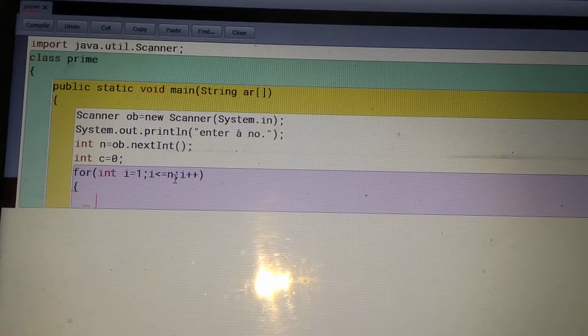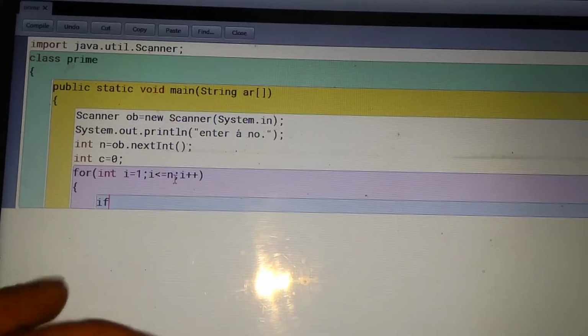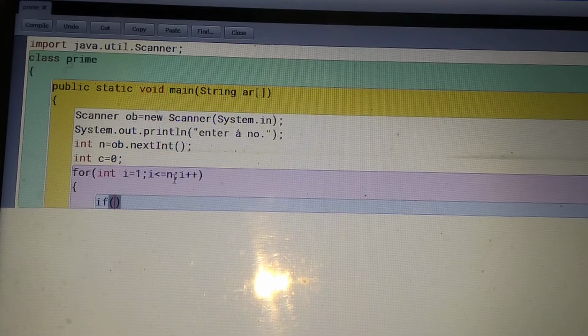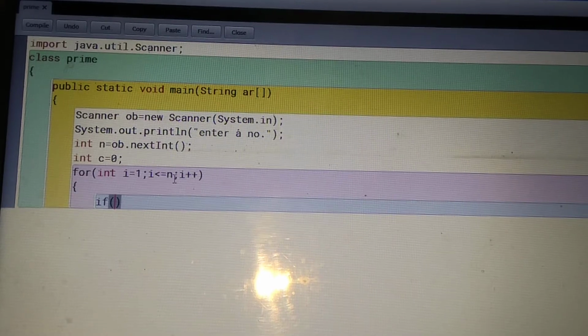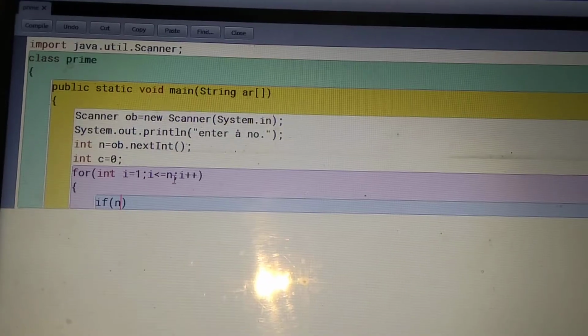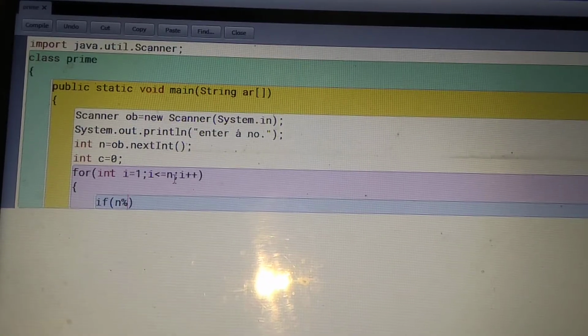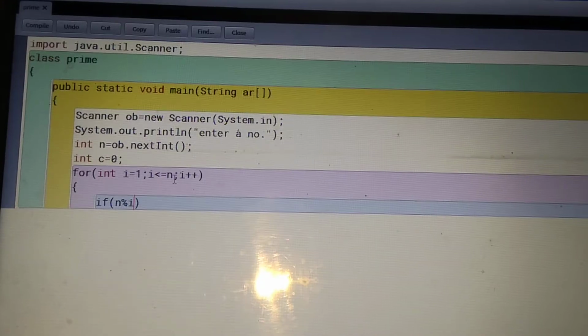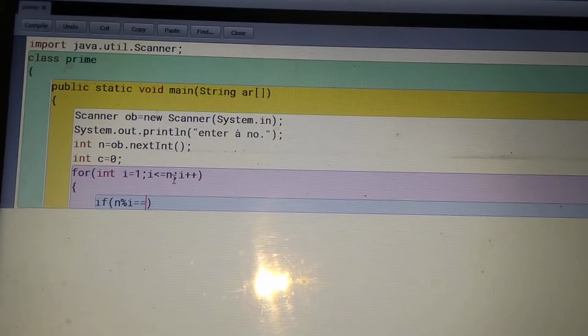After this, one more condition, if. According to the definition, if your number is divisible by 1 and itself, means the remainder value, means modulus, we are using the modulus sign here: if your number mod i is equals to 0.